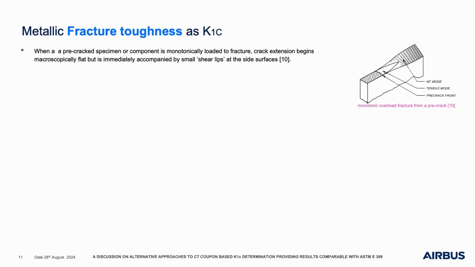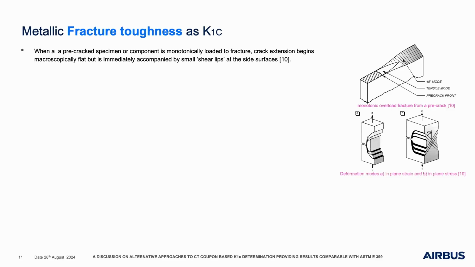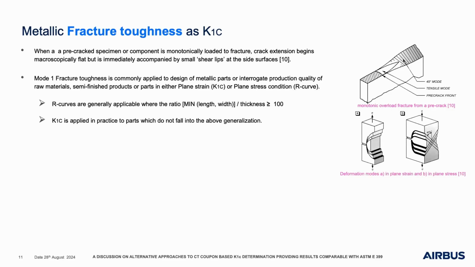So fundamentally, what is fracture toughness with a CT specimen? When a pre-crack specimen or component is monotonically loaded to fracture, crack extension begins, and it begins macroscopically flat, but is immediately accompanied by small shear lips. We don't see them in this little sketch here, but this does come from a famous book, which is Eols